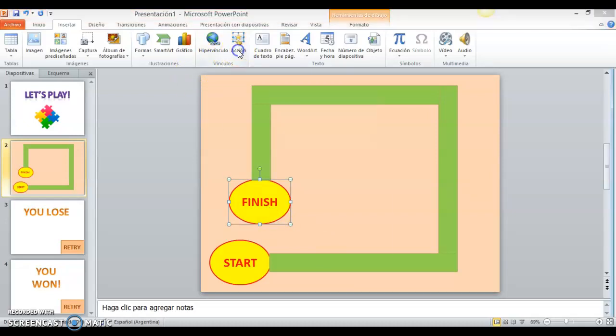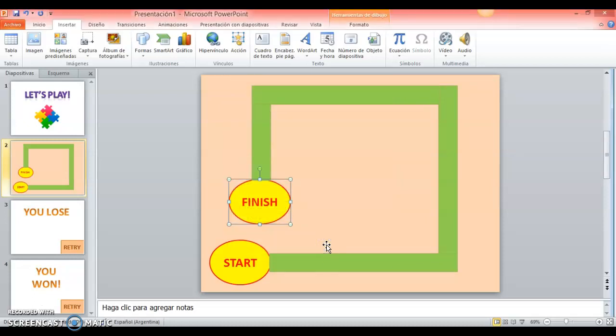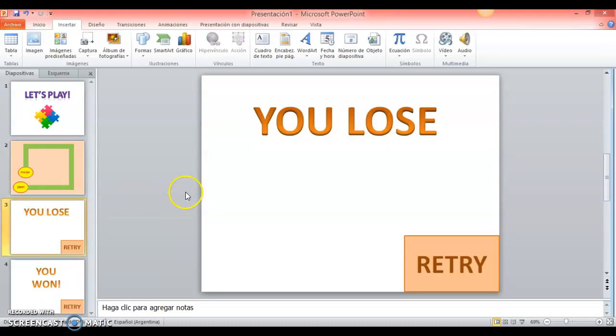You click on Action, you click on Acción del Mouse, then Hipervínculo, and then in this case you will choose the option Última Diapositiva, which is the one that says you won. You click again on Aceptar, and then you will do something similar in this case,